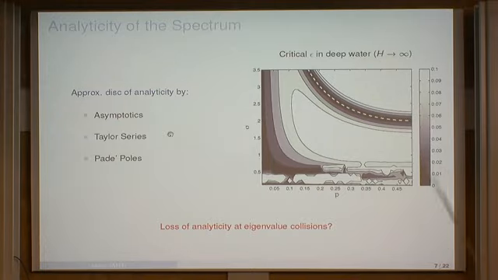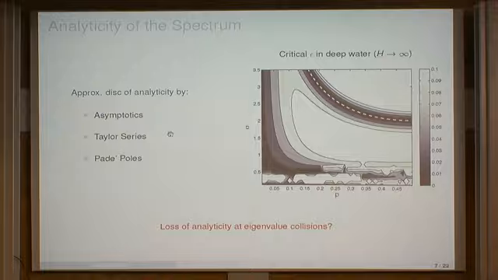But similarly, there are other eigenvalue collisions that happen in this problem. So this dotted line is a triad, and in the neighborhood of this triad, we also have a spectrum that has very small radius of convergence. And then down here, there's all kinds of other things going on. And as soon as you see this triad that seems to limit the radius of convergence, you might say, well, does every eigenvalue collision have vanishingly small radius of convergence? If that were true, you would never find any instabilities with this method because you couldn't compute the spectrum around